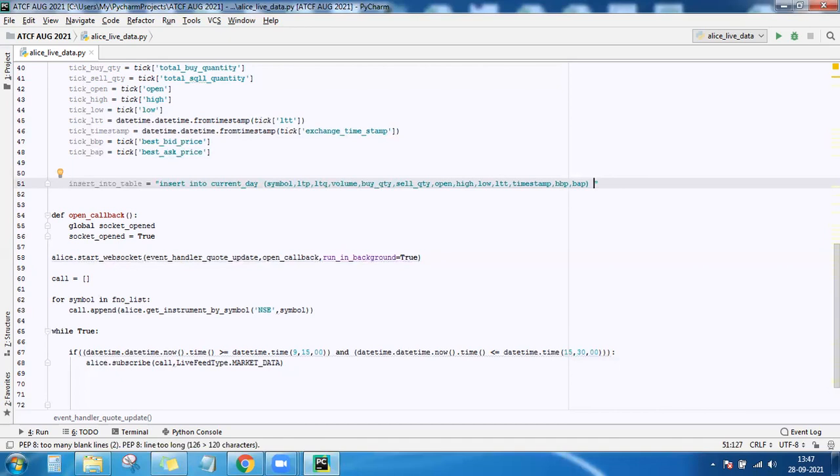But what is your data? It is values. Now these need to be substituted by all of these things.